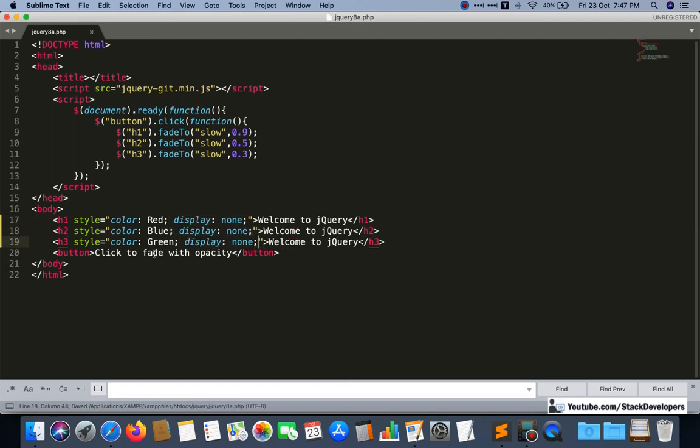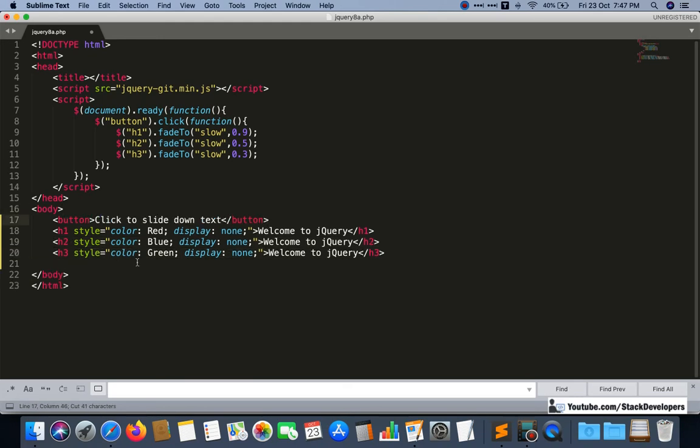Here I will add a button, click to slide down test, and I am going to add the click function, and here I am going to use slide down.